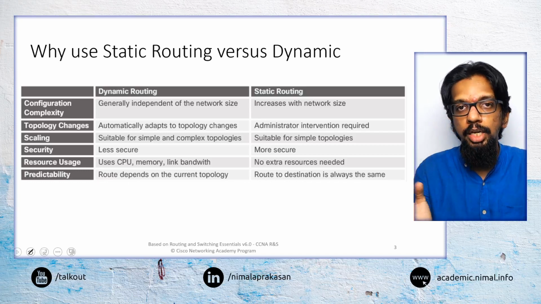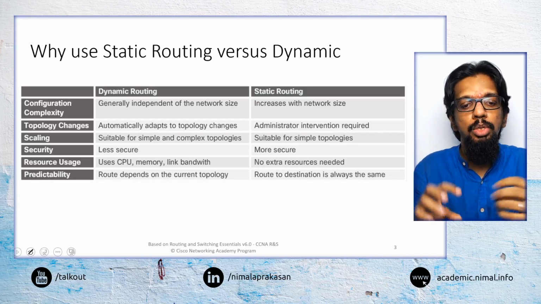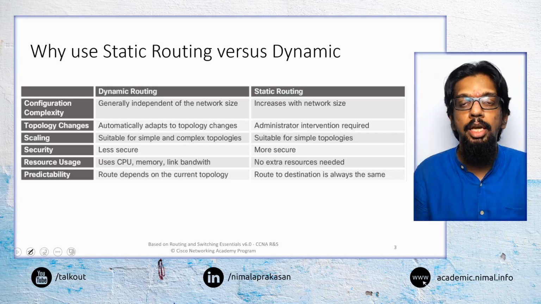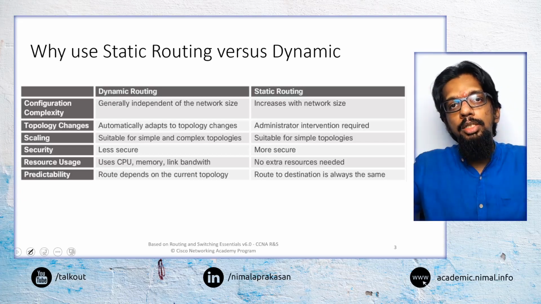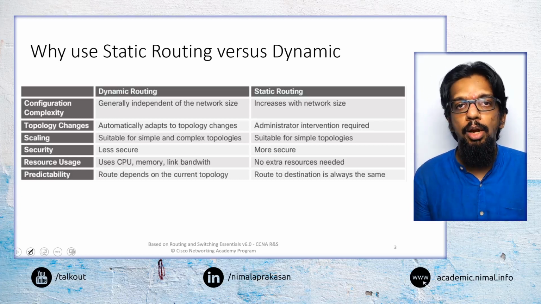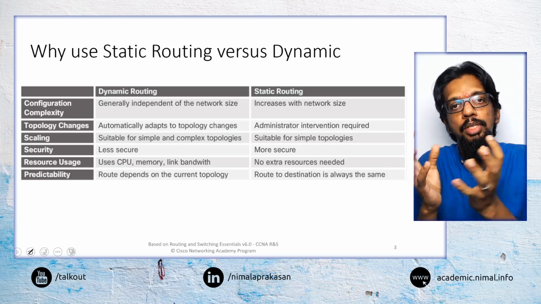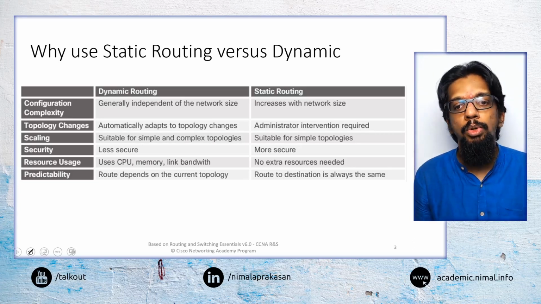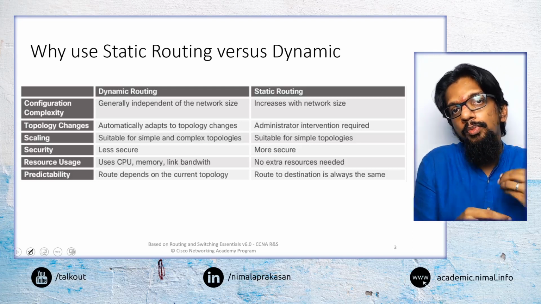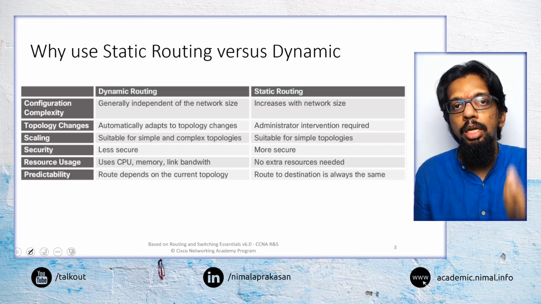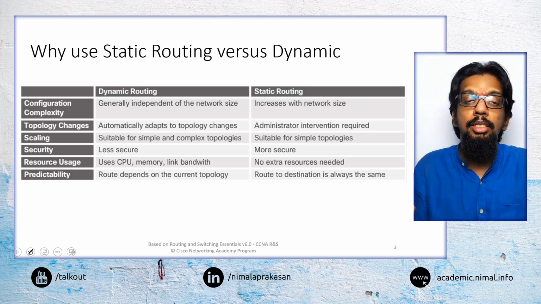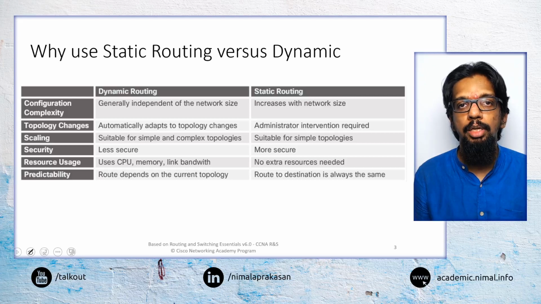If we have a very large network, a large number of networks and a large number of routers, all connected in a much more complex topology, then we are going to have a large number of networks to configure. That is not a situation where we may want to use static routing. But if we have a smaller network, that is somewhere we may want to use static routing. Similarly, when changes happen in the network, dynamic routing is able to make changes automatically, whereas in static routing, the administrators may have to come in.